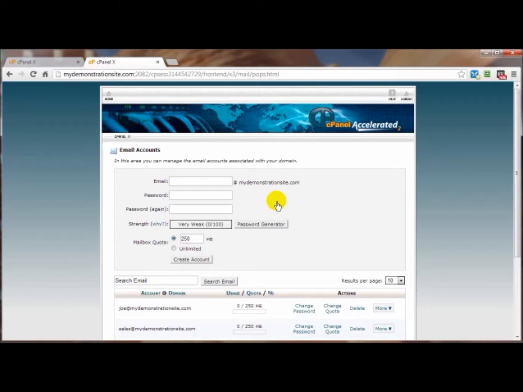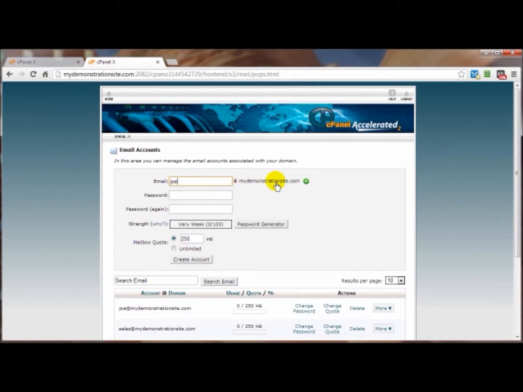So for example, if I were to hire some outsourcing work, I can assign an email account for that particular person or persons. And once they've completed their task, then I can just come in and delete that particular email account. So in this case, let's go ahead and add